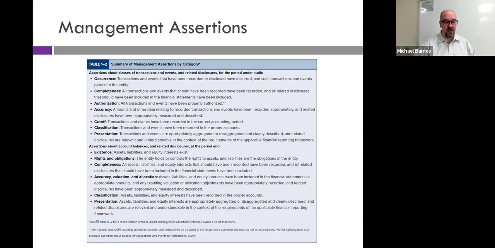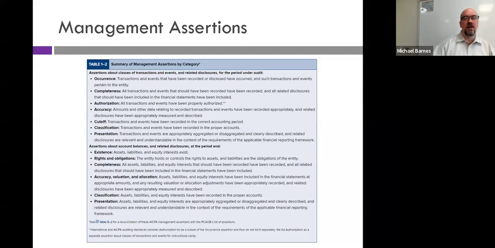Now, you don't need to worry too much about what's in this slide, but I do want to make a note, the reason for this delineation, okay? When we talk about transactions and events, these basically refer to day-to-day transactional balances, okay? So you might think about an inventory purchase, a single-time inventory purchase. That would be an example of a transaction or an event. When we talk about account balances, these are items in the financial statements, aggregations of transactions and aggregations of information within the financial statements themselves. So inventory has a balance of $1 million. There's a difference between a single transaction and an aggregation of those transactions, but we're concerned about both concepts as